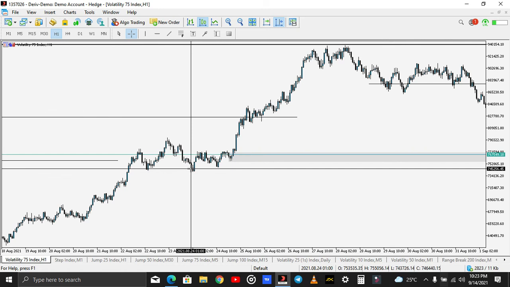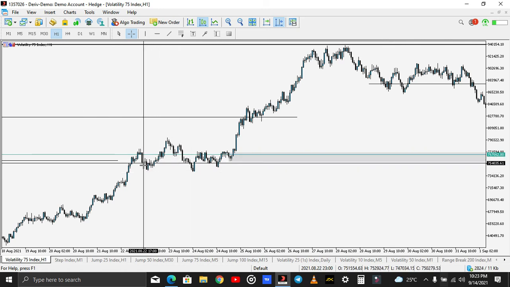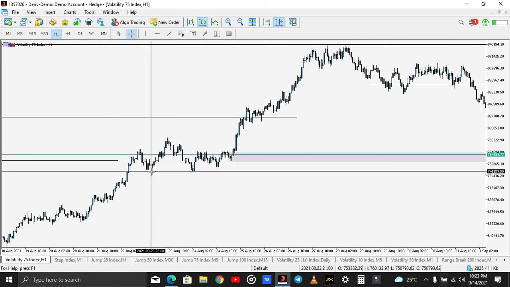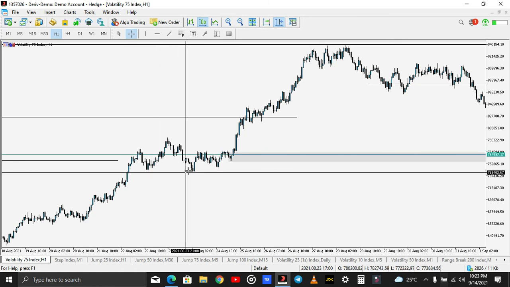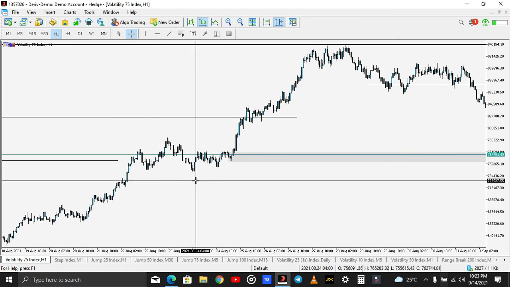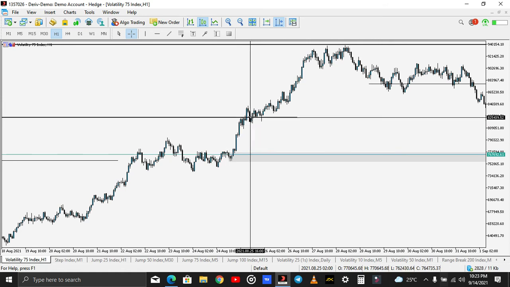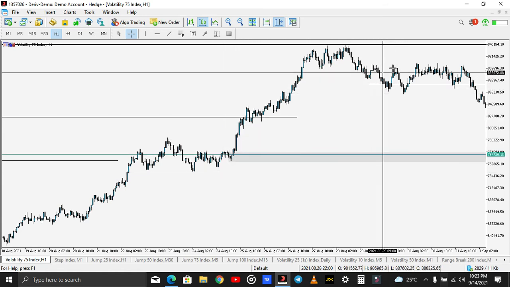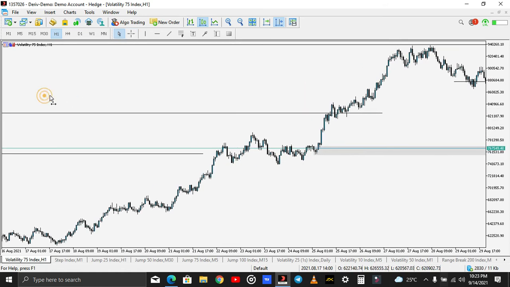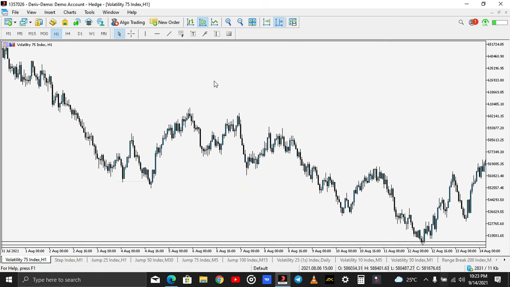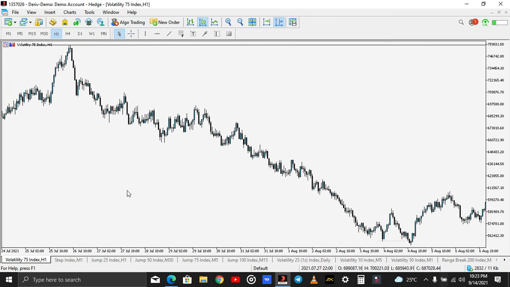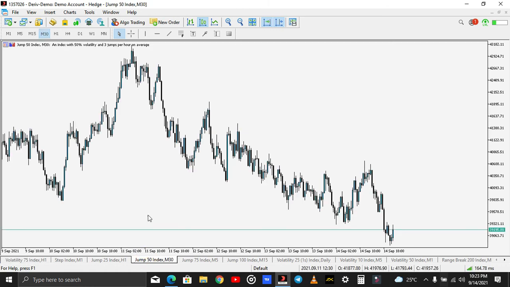If you place your stop loss just below, anybody that is buying from this level will place their stop loss just below this level, and price has come, tapped, triggered the stop loss, exited you from the trade before going back upwards. So that's how this works. I just want to make this video short, but I still want to get more examples.